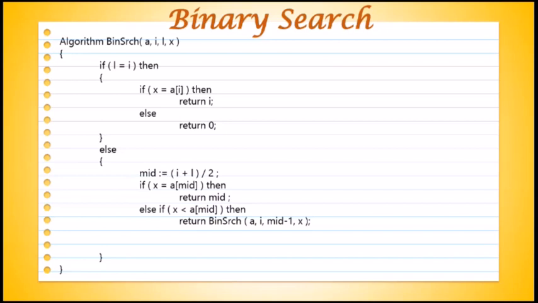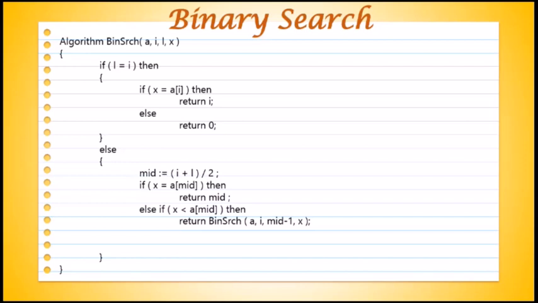but here we are changing the value of the last position. That means if X is less than the middle position, our searching element may be present below the middle value. So that's why we are changing the last position. So here we are returning A, that is the array, then I. So I here basically will be 1, and then mid minus 1. So whatever the position of mid minus 1, that value we are sending to the recursive function. So basically we are changing the value of L if X is less than A of mid.